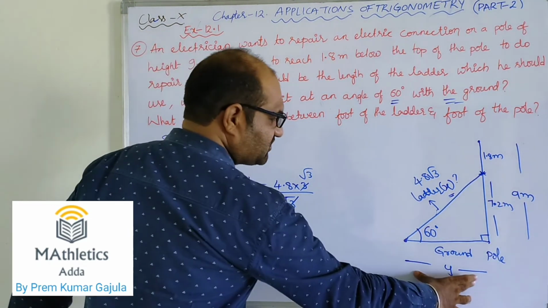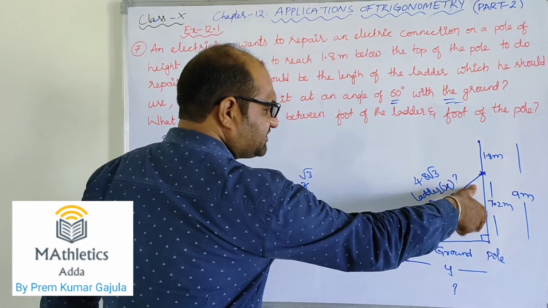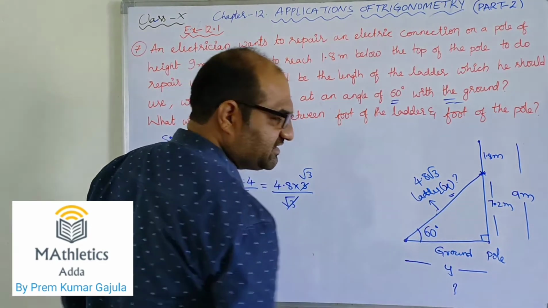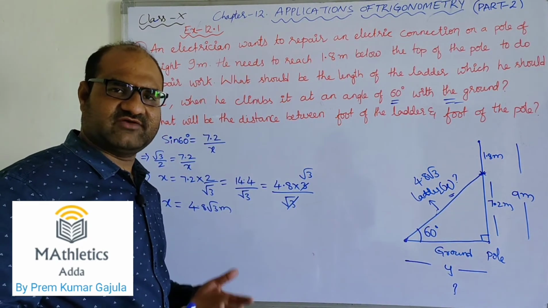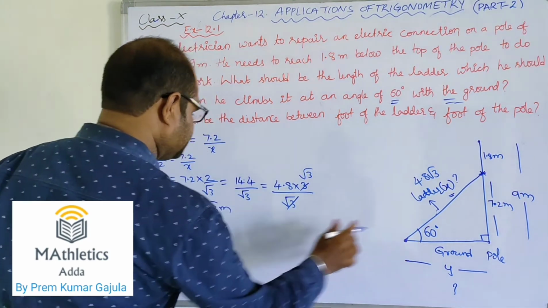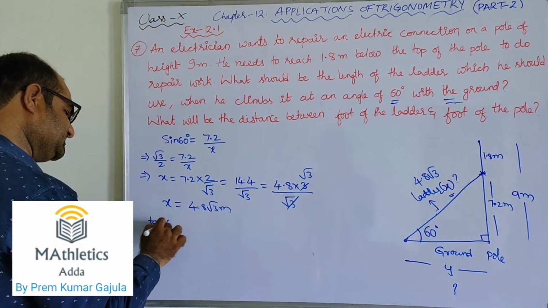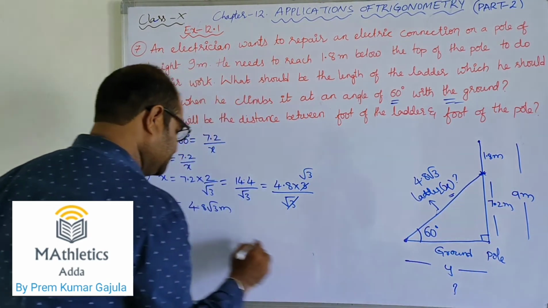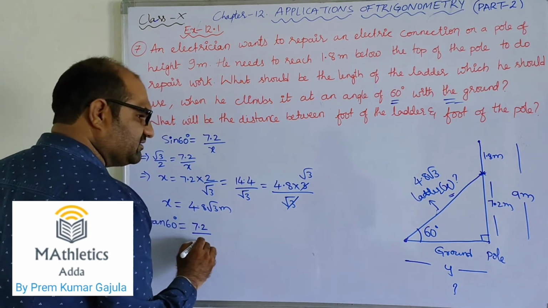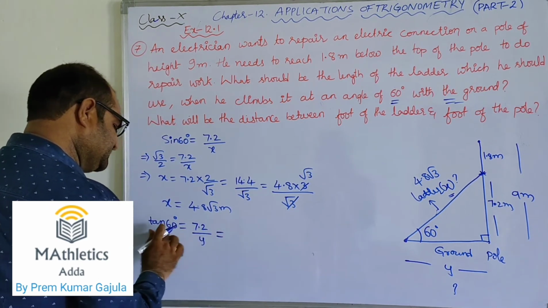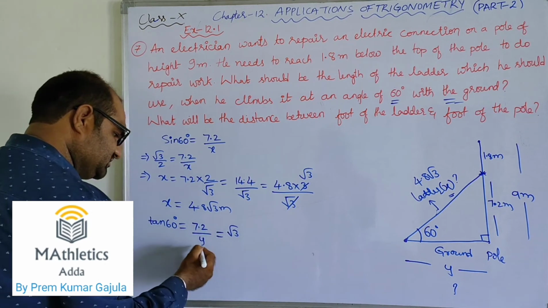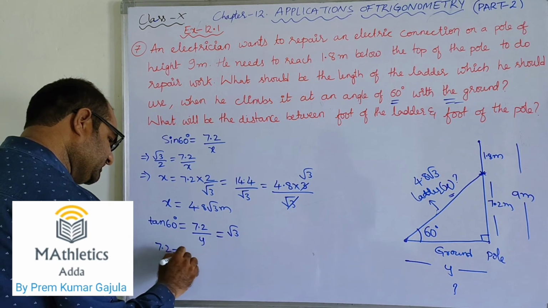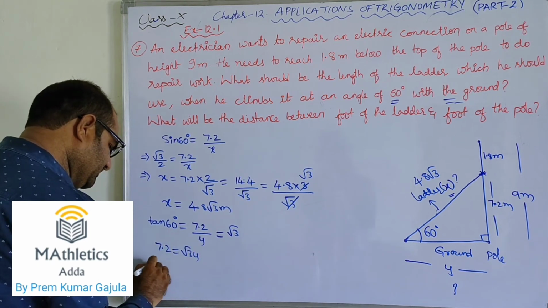So to get this, 60 is there, opposite side is there, and this is the adjacent side. So what is the combination of opposite side and adjacent side trigonometric ratio? Yeah, very good, that is tan. So I am applying tan here. If you apply tan 60, the value is opposite by adjacent, that is 7.2 by y. We know that tan 60 value is root 3. So if you shift to that side, you will get 7.2 is equal to root 3 y. But what we want is only y.